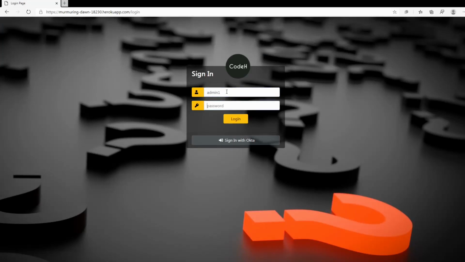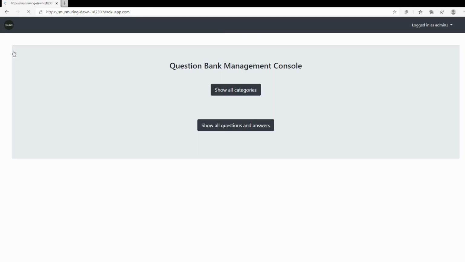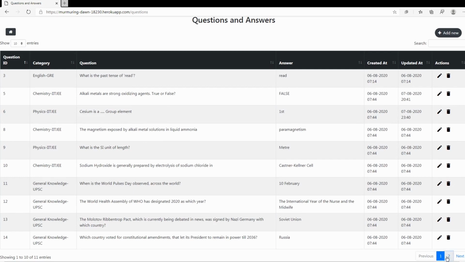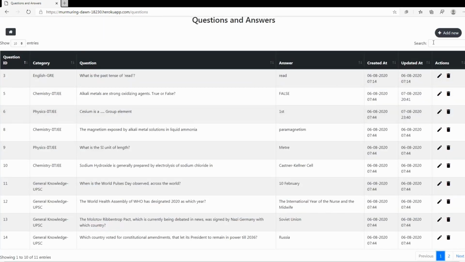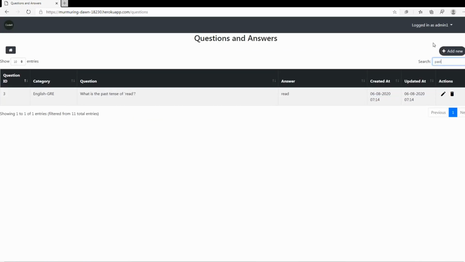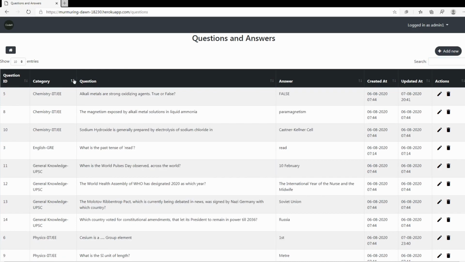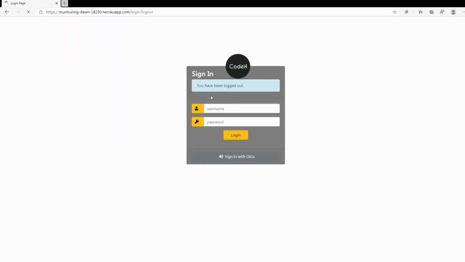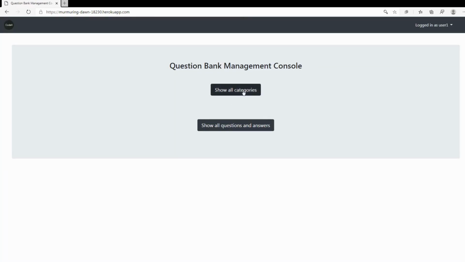Before we start, I want to show you a glimpse of the final application that we will be building. This is a question bank application where if you log in as an admin, we can do basic CRUD operations like adding, editing, removing questions or categories. And we will be having a data table which lets us do search, paginate, sort, etc. And if you log in as a user, we will only be able to view and we will not be able to manipulate any info.